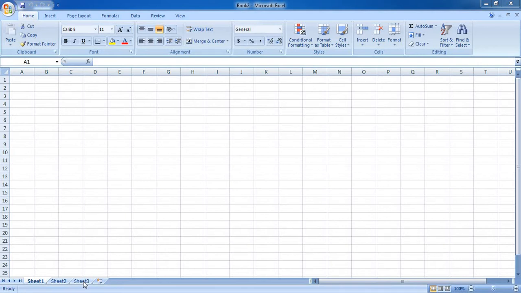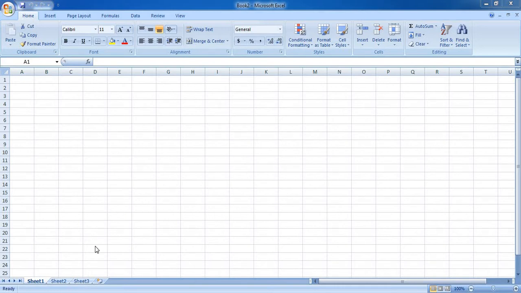There are two methods to create a new worksheet in your workbook. One is the direct shortcut method, quite easier. The other is you will have to go to a tab, a particular group, and then select the option. So we can create worksheets, delete worksheets, or apply formatting to them with two methods. Let us understand the shortcut one first. Then we'll understand how to go to a tab, which tab to visit, which option to visit.